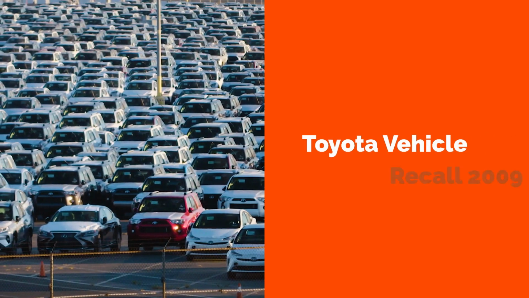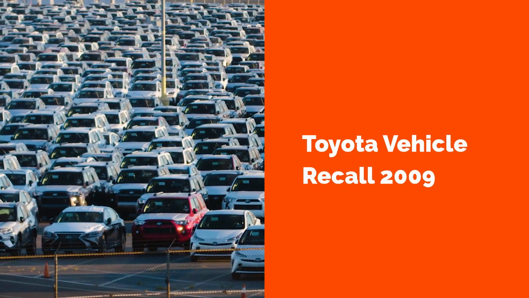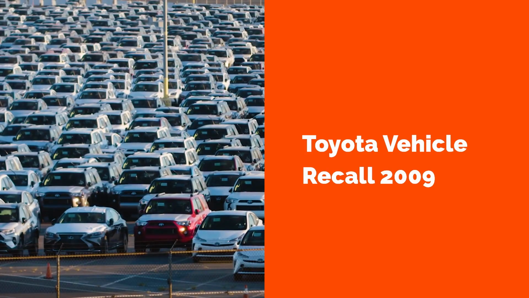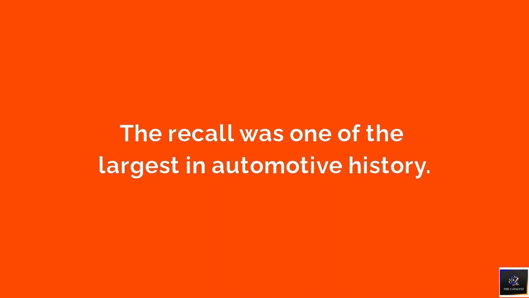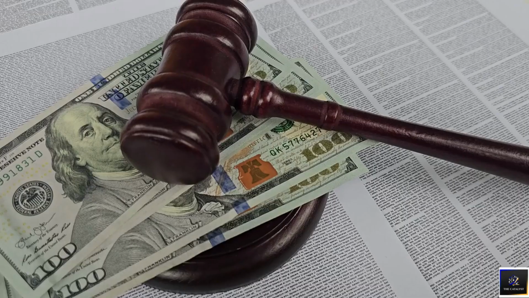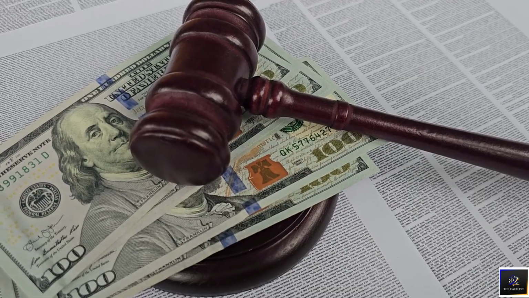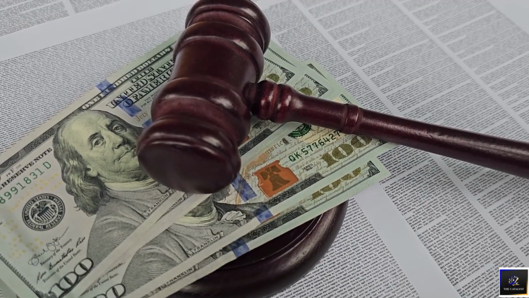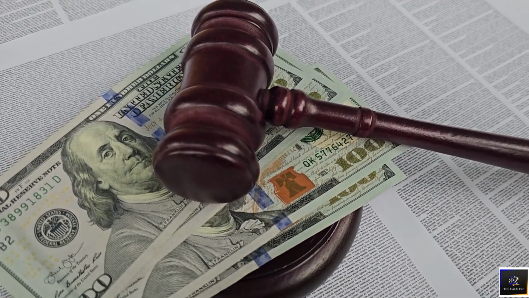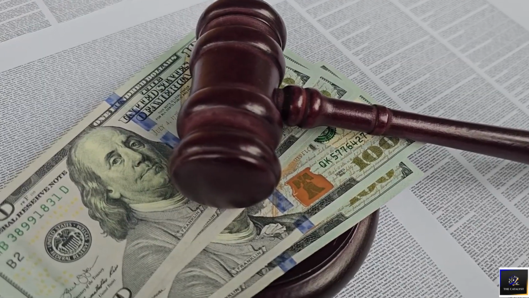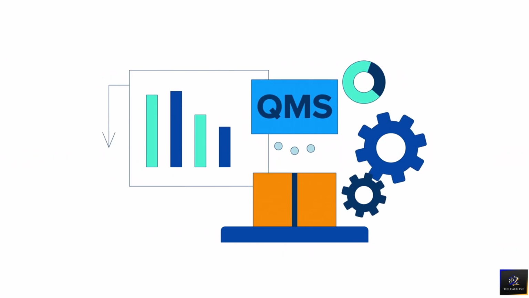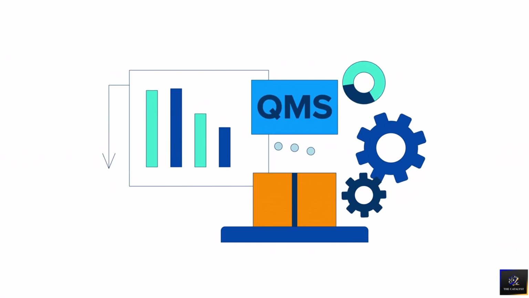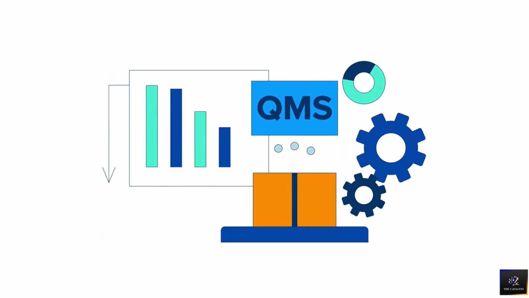In 2009, Toyota recalled approximately 9 million vehicles globally in response to reports of sudden, unintended acceleration. The recall was one of the largest in automotive history. The cost, indirect recall expenses, legal settlements, regulatory fines, and brand damage, exceeded several $billion. The sequence of events that led to the recall illustrates one of the most expensive patterns in quality management: the